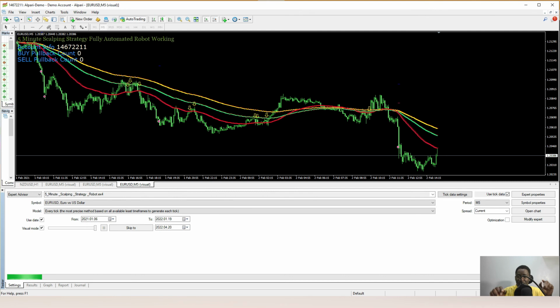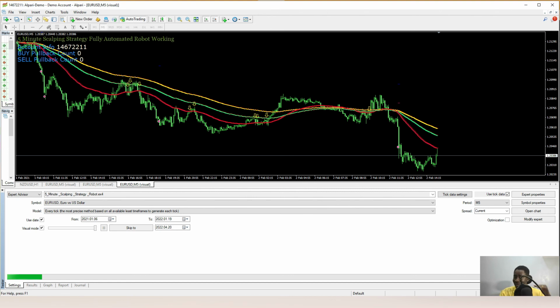And don't forget, you can change your time frame. I don't like using lower time frame, but for this strategy, it is called the 5-minute scalping strategy, and I developed this robot so that it can work on this 5-minute strategy. But don't forget, you can also change your time frame to 1 hour, 4 hour. It really works also. But anyhow, just do your backtest and make sure you know what works for you.